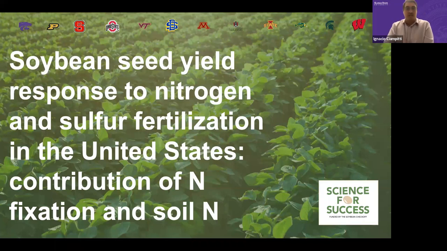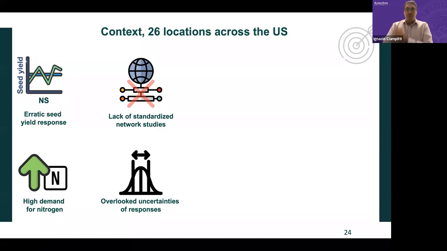So now let's go to the study that we have conducted the last 2 years. We basically put together data from year 1, and we are now conducting all the studies for year 2. Many partners across the state are looking at this contribution of nitrogen and sulfur. In the main context, we have 26 different locations across the US for year 1, where our main idea was to look at yield and start quantifying what we call the uncertainty. What is the error around the yield estimation?